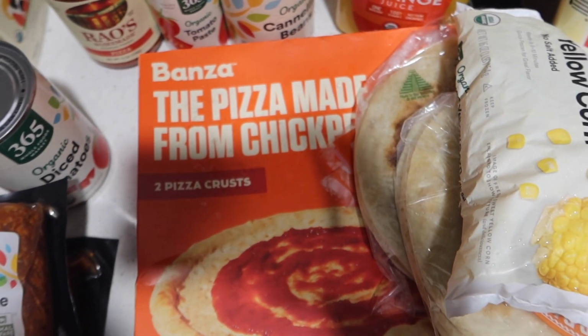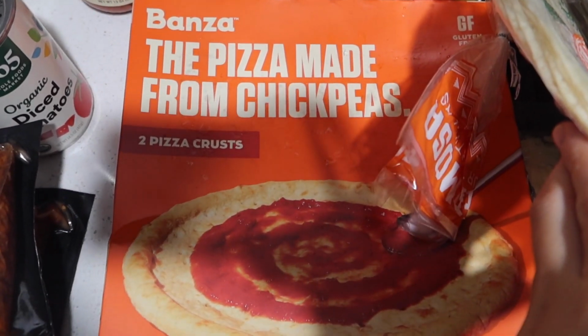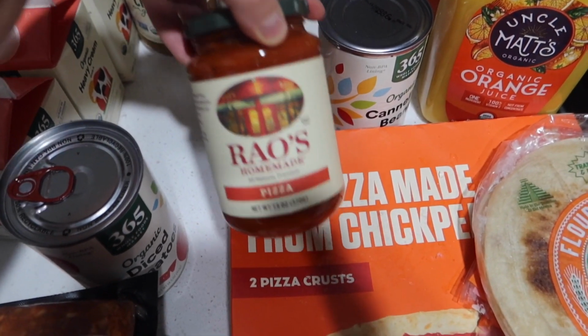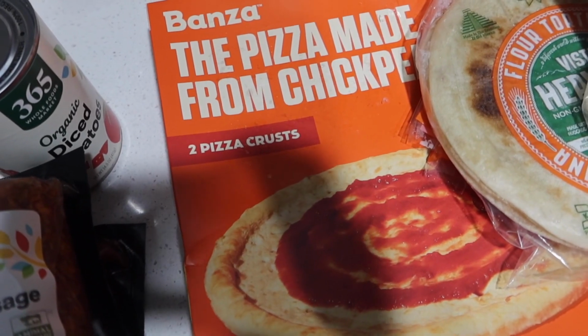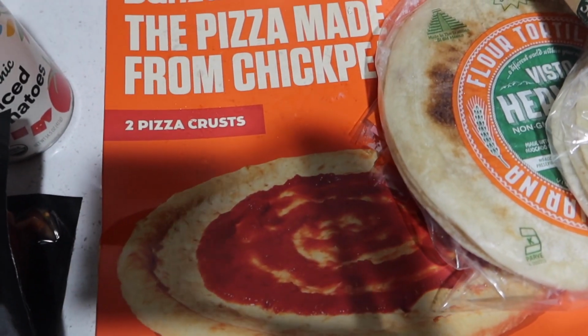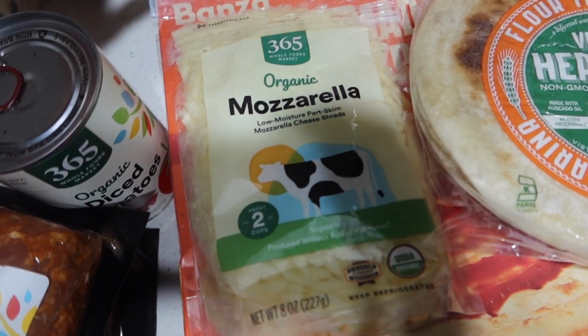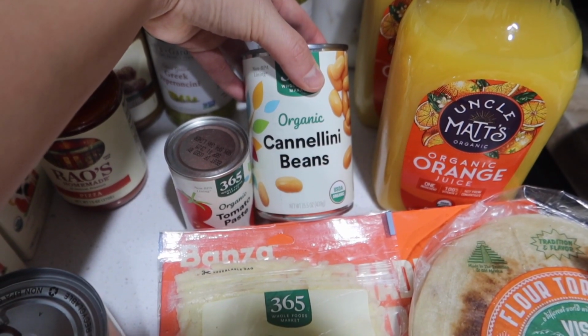I was trying to think of some quick and easy things that I can make if I don't feel like cooking, like I'm not in the mood. So I got these pizza crusts from Banza. Some Rouse pizza sauce. I already had pepperoni from last week that I needed to use up. I usually get Applegate. And then I got some mozzarella cheese,